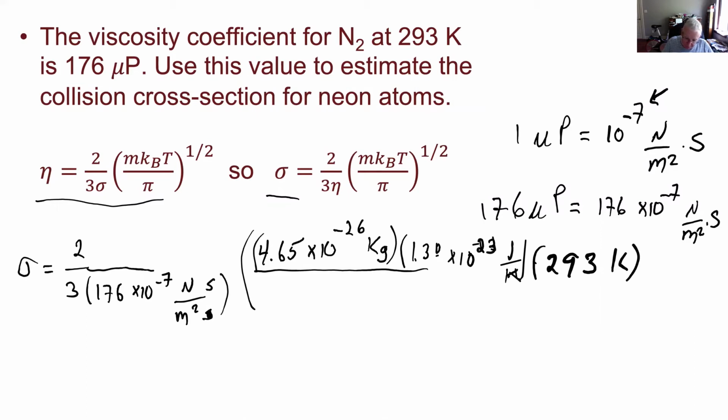On the bottom, I've just got a pi, I guess. And all of that is in the square root. And if I figure all that stuff out, my notes tell me that I believe I get